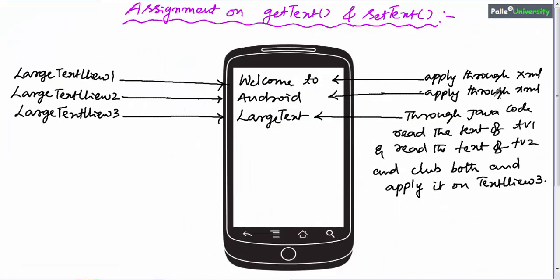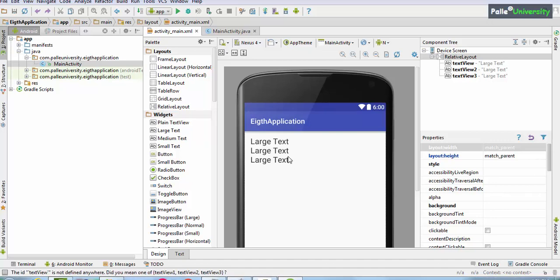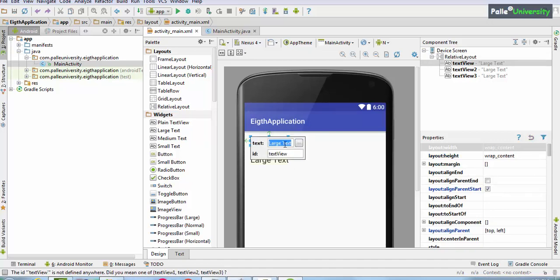Now the first requirement is to apply the first text to the text view as welcome to, and the second text as Android. Tell me how to do this. There are multiple ways. One simple approach is to double click and you can modify the text here itself. So let me type welcome to. That's it. You don't have to save it.